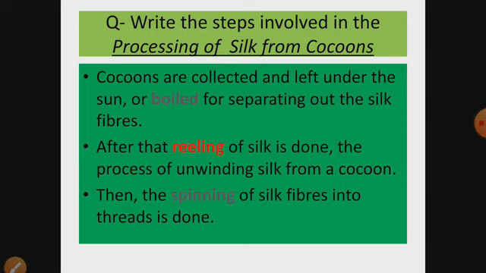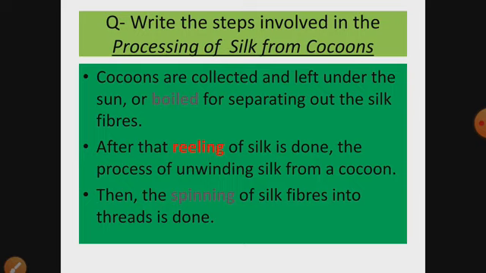Nowadays you must have heard about the ahimsa silk, where they just let the adult moth come out of the cocoon, and out of the damaged cocoon they unreel the fiber. But when we unreel the fiber from the damaged cocoon, we don't get the long fibers, and that kind of fiber is considered to be somewhat inferior. But few people, vegans, are very particular about wearing fabric without harming animals, so they go for ahimsa silk. This is the amazing fact related.